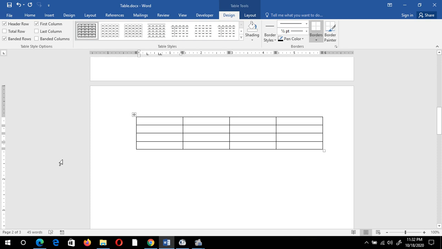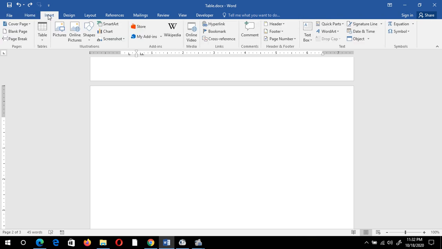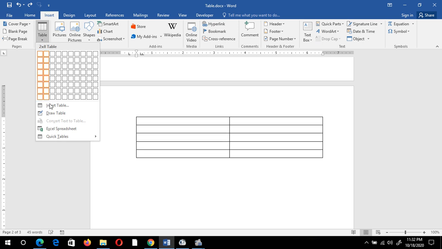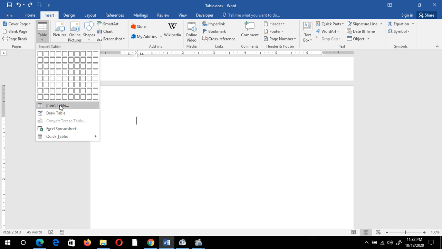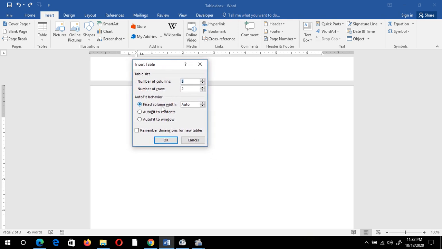Again, I'm going to just click Ctrl Z to undo this option. I want to insert table with another method. I have to click again on this option. Now this time I'm going to select insert table. It will give me insert table dialog box. Now from dialog box you can manually select number of columns and number of rows. By default it's 5 and I just want rows should be 5.